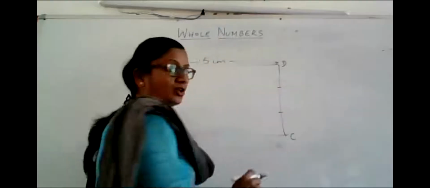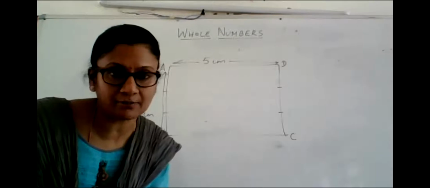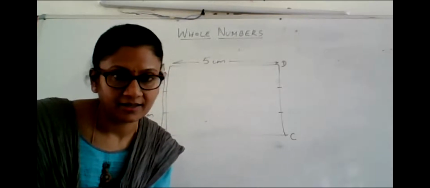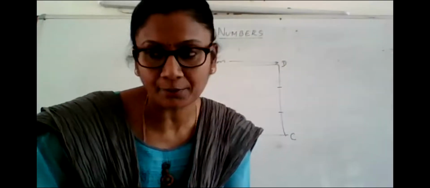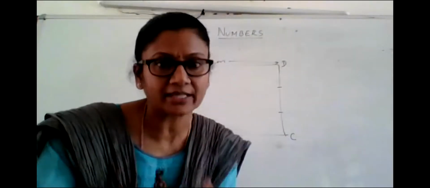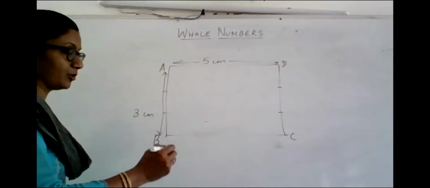Ma'am, your voice is breaking. I can't hear you. Okay. I think your network is very, very slow. Now can you see me? Yes, ma'am. Okay, good. If you talk, your screen will be highlighted. Ma'am, your screen also is not clear. Okay, yes, I don't know, my dear, that is your network problem. I am recording. You can see the recording once again. All right. Now listen to me with whatever network you have.